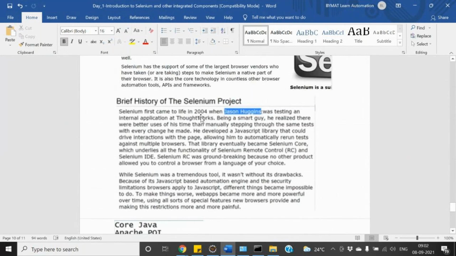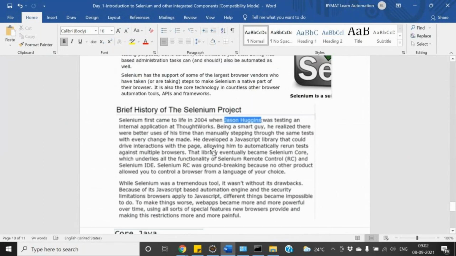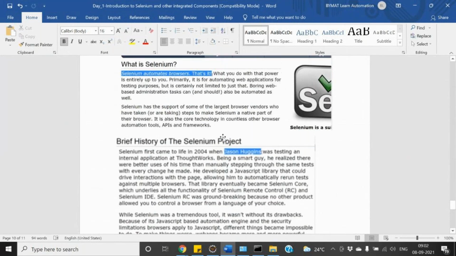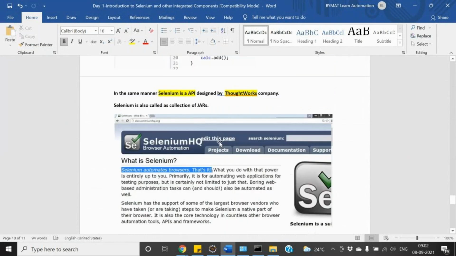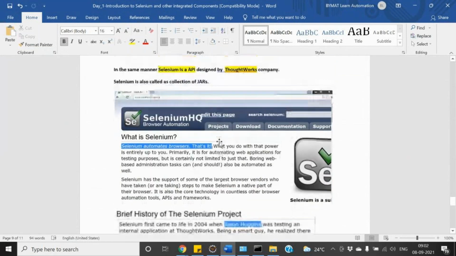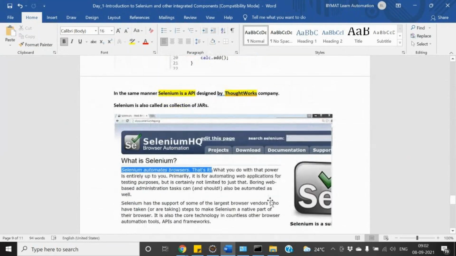ThoughtWorks was the organization that started writing the code and designing Selenium, and ThoughtWorks is the organization that is managing Selenium WebDriver. So it was designed in this particular organization.